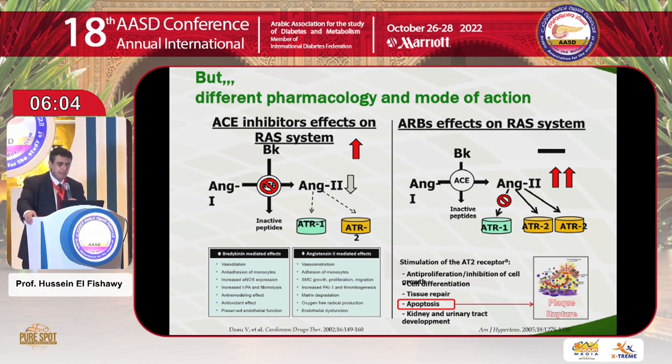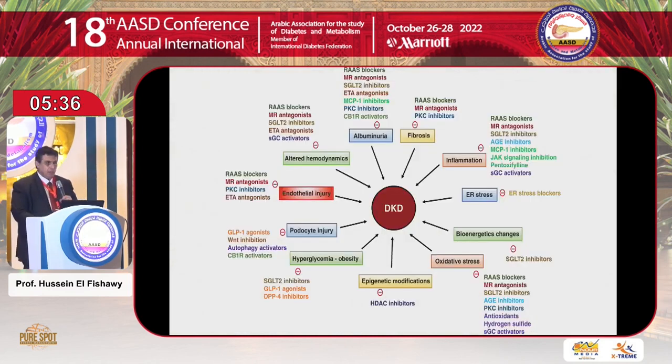As we know, there is a different mode of action between the 2 drugs. ACE inhibitors block angiotensin I conversion and increase bradykinin, which also has several effects, while angiotensin II receptor blockers block only the angiotensin II type 1 receptor, with more stimulation of the other angiotensin receptors, which have an anti-proliferative and inhibitory effect on the growth of cells and help apoptosis. Very sophisticated area. It is not, of course, the story of our lecture today, but